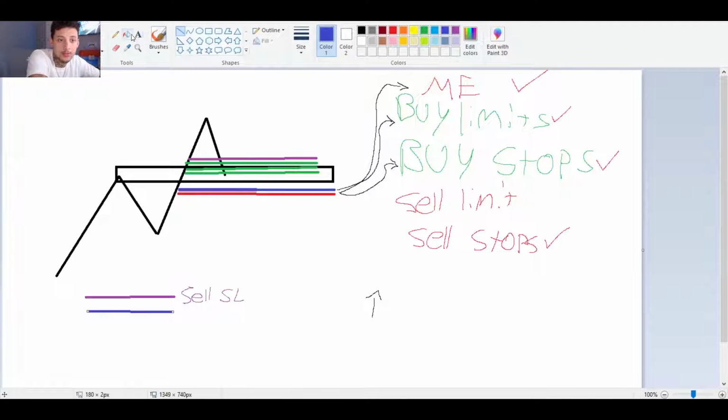Blue is going to be our sell stop, and then green we're going to have our buy orders, and then red is going to be our